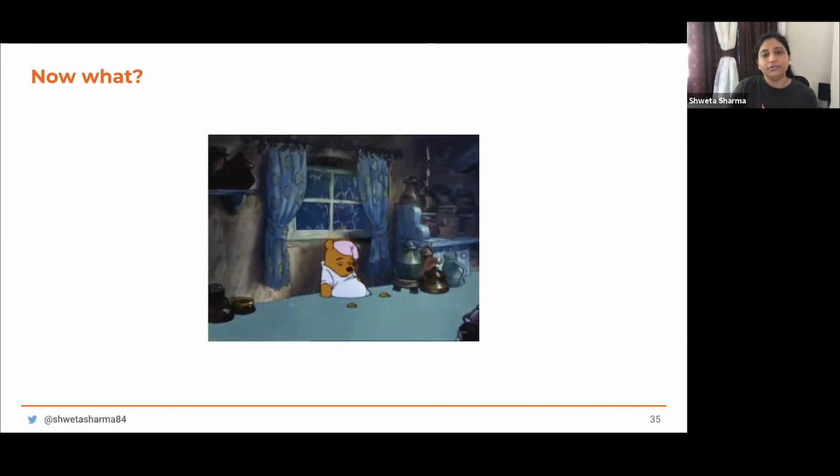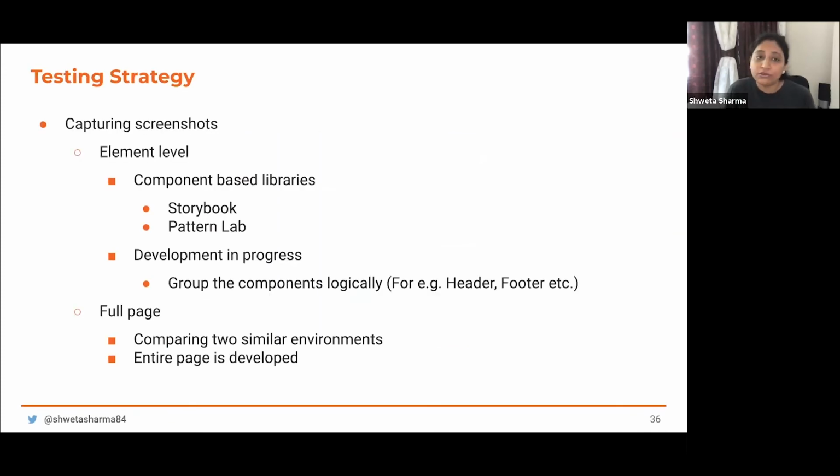Yeah, now there's so much information that you've had in just 30 minutes, right? Now you're flooded with information. You're flooded with the tools, the objectives, the challenges. Now, what do you do with all this information, right? So you definitely need to have a testing strategy, that goes unsaid.